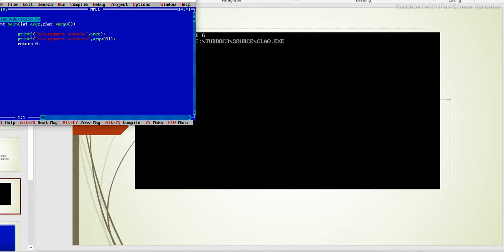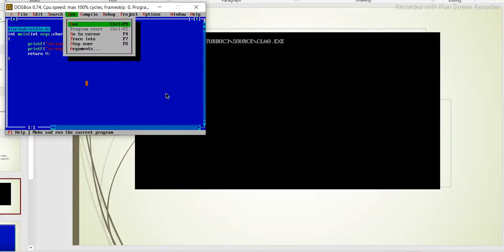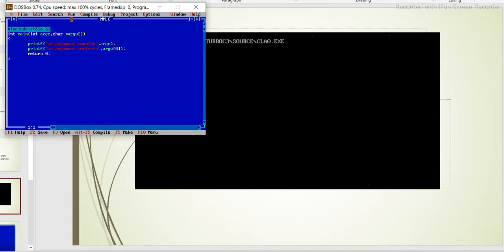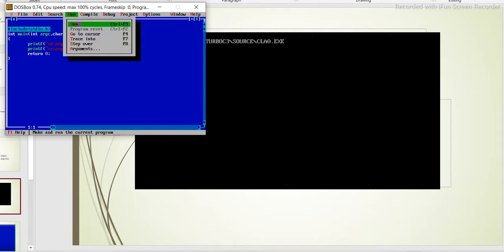We can run it, and in the run we have an argument. The argument values you can give: 1 space 2 space 3 space 4 space 5. I give 5 arguments. Okay, and run it.